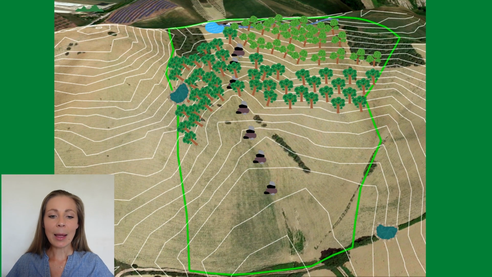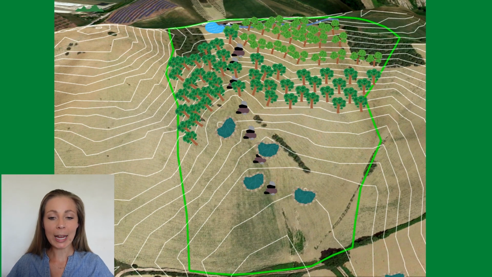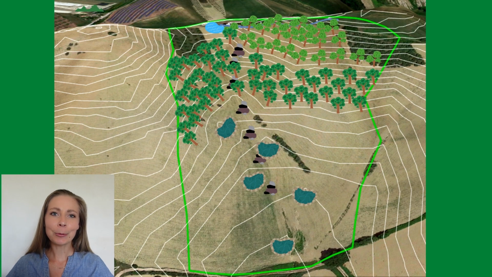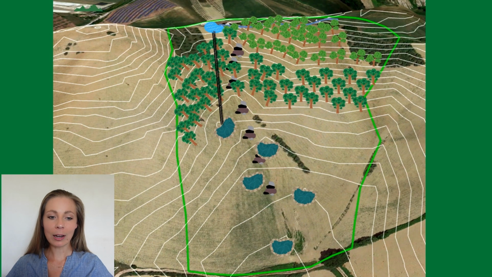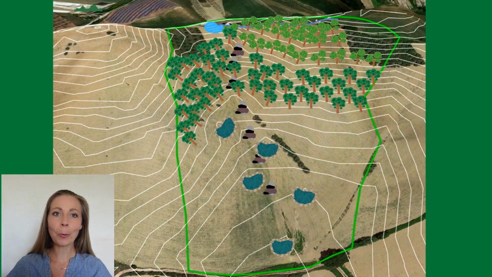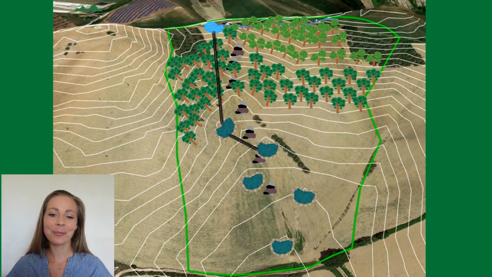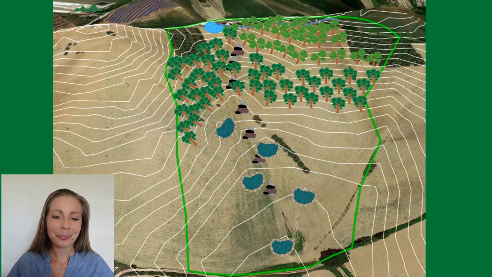Next, we can place dams where we can store rainwater for irrigation. We can do that because we have a clay soil that will hold the water. In this animation, black lines represent diversion drains, which move water from one dam to the next, and orange lines represent diversion drains moving water towards the cultivated land. On the next animation, these lines will disappear, otherwise the map will get really clunky.